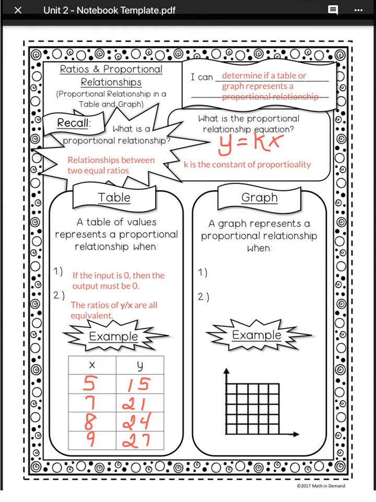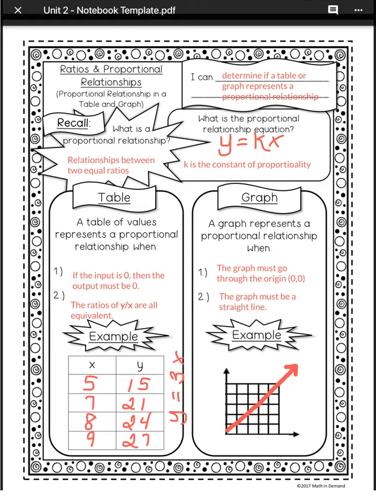So the equation for this table is y equals 3x. A graph represents a proportional relationship when the graph goes through the origin, which is 0, 0, and the